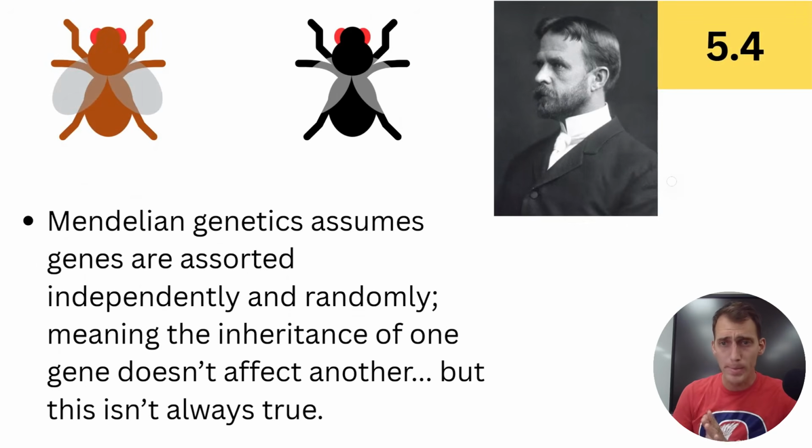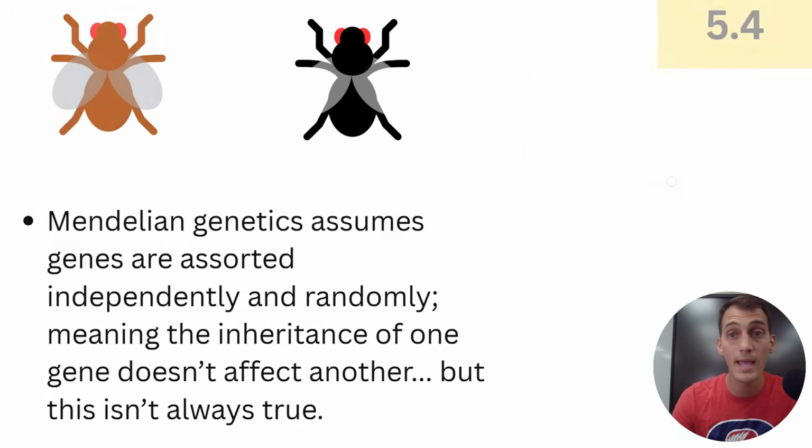All right, now here's the big exception to Mendel's rules, okay? As I said before, Mendelian genetics assumes genes are assorted independently and randomly, meaning the inheritance of one gene doesn't affect the other, but this isn't always necessarily true. Now, there's another very famous set of experiments, not quite as famous, but still very well known, besides the pea plants. It involved this guy over here. His name was Thomas Hunt Morgan,